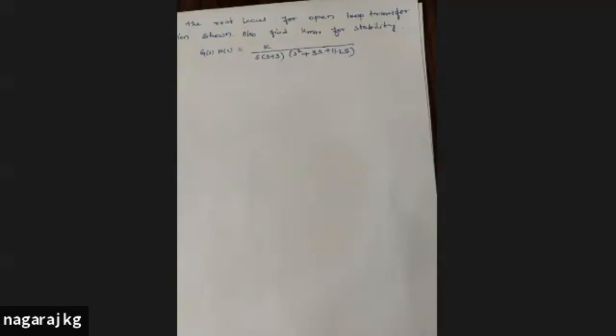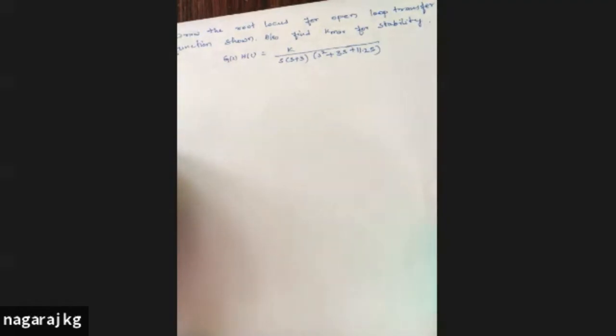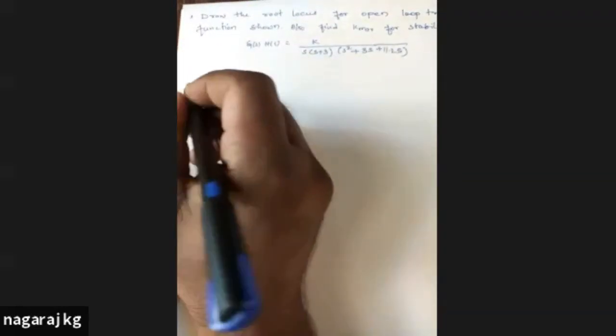Now he has given an open loop transfer function G(s)H(s). From G(s)H(s), you will come to know the number of poles and zeros in an open loop transfer function. The numerator term gives you zeros, and the denominator term gives you the poles. Since we don't have any s terms in the numerator, we have only poles in the open loop transfer function. So the first step you have to find is